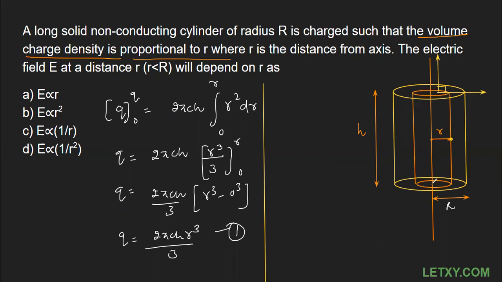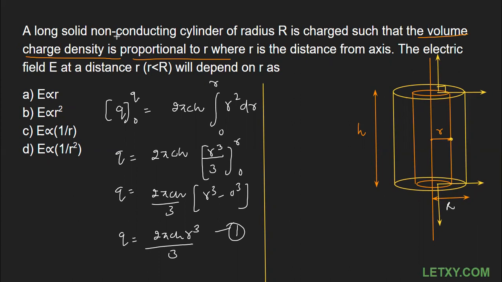Similarly, the total amount of flux which is coming from the bottom part is also equal to 0. You got it? Because once again, theta is equal to 90 degrees. You can see this is the electric field direction, this is the area vector, and both are at 90 degrees. So there will be no flux coming out from the bottom and from the top.